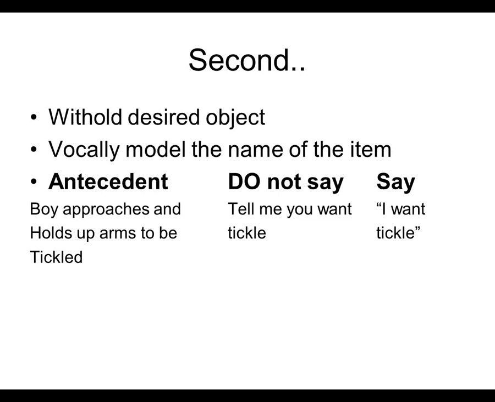Adding those other directives also distracts the child, and the child ends up imitating the whole thing you're saying. So sometimes if you say, tell me what you want, you start to hear those echolalic children say, tell me what you want, tickle, and that's what they say. So next time your daughter picks up an empty cup and hands it to you, you don't say, do you want a drink? Just say, drink, and then have them imitate it.